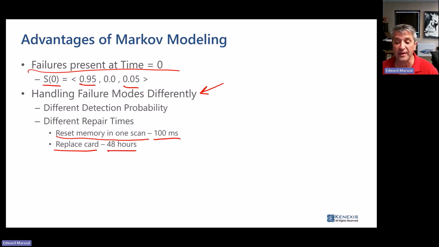And they are not going to give these Markov models to the vendors of SIS software so that you can run the calculations yourself. Okay, so we at Kenexis have our Vertigo software, which is absolutely best in class for SIS design basis development. And we have had conversations with all of the major equipment vendors on how to model their application.